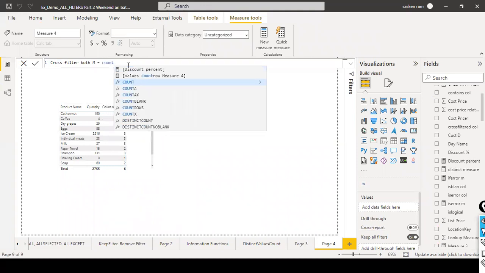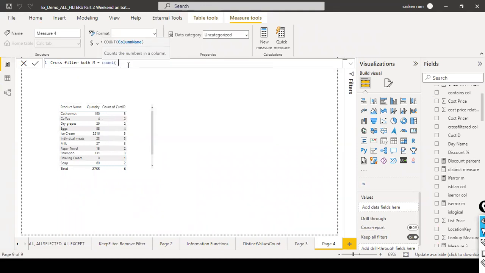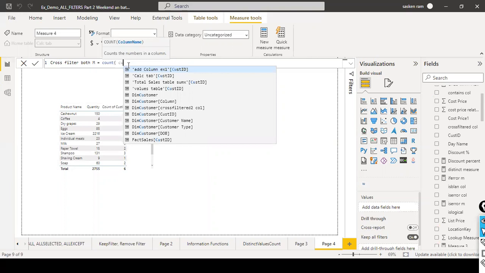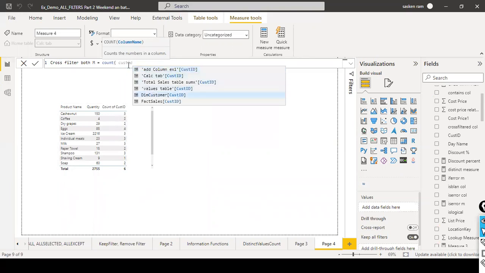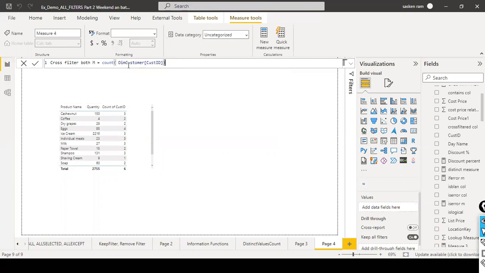Here I just use the count function. Here what I wanted is customer ID from my dim customer. Okay, and the next one is, yeah, so I need to use the calculate function for this. You remember that